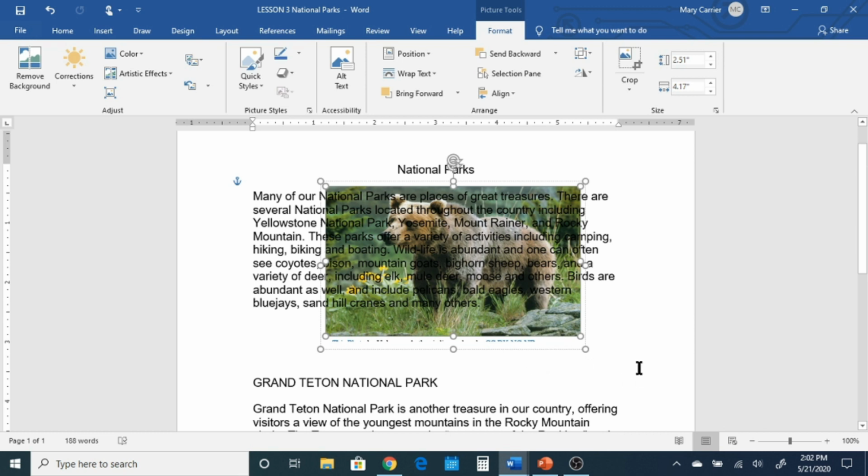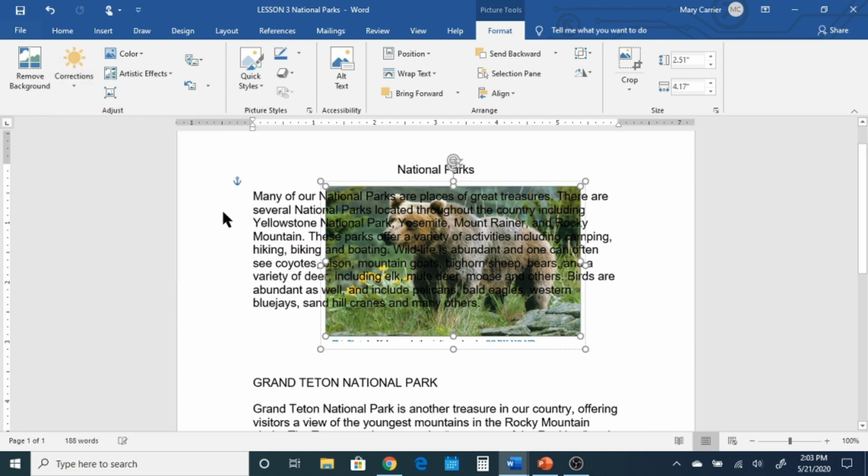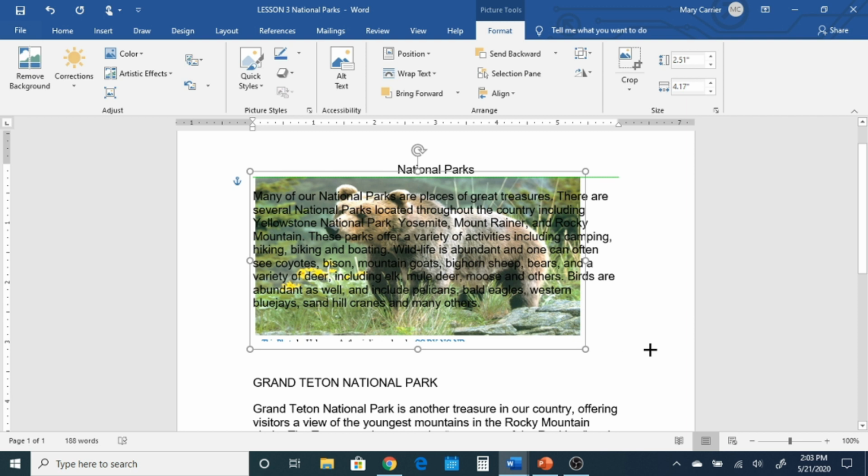Whenever I insert a picture or an object or shape, I'm going to have an extra tab available for me to work through those pictures and make some changes. So here we have Picture Tools Format. I can use some of the adjustments that are available in Microsoft Word. So I might lighten this picture a bit. You can read the text a little bit easier, and as I continue to make this picture larger,